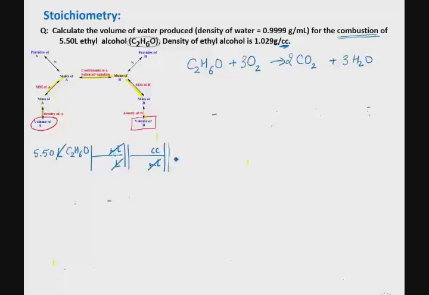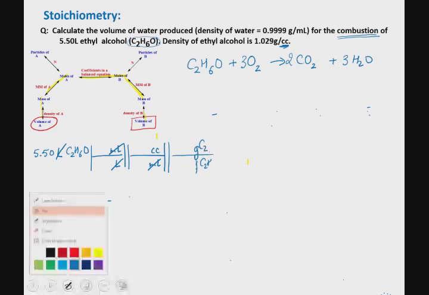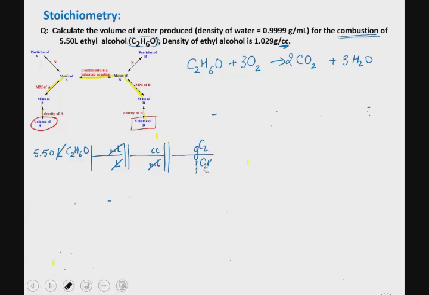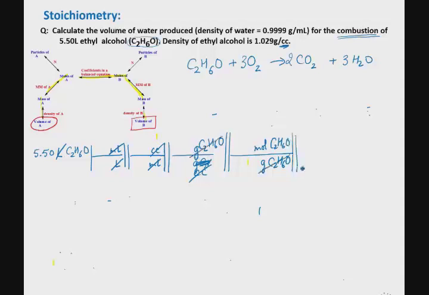Now we can use the density of ethyl alcohol, which is grams of C2H6O per cc, which will cross out cc and give us grams of ethyl alcohol. Grams of ethyl alcohol can be converted into moles of ethyl alcohol. Moles of ethyl alcohol can then be converted into